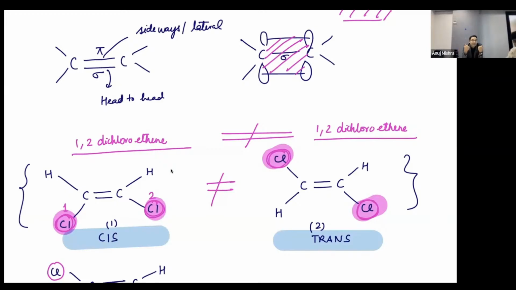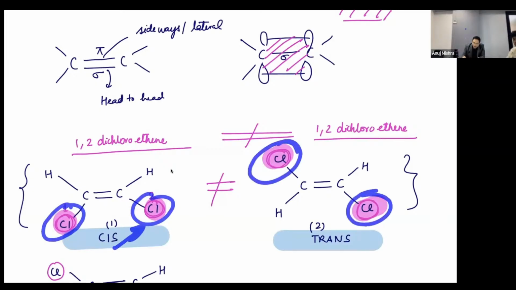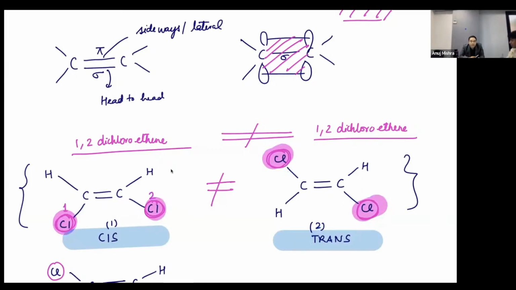What do we call same side things? Cis. Okay, the name is cis. When both the chlorines are on the same side, we call it cis. And when they are on opposite sides, we call it trans. So does it matter where the chlorines